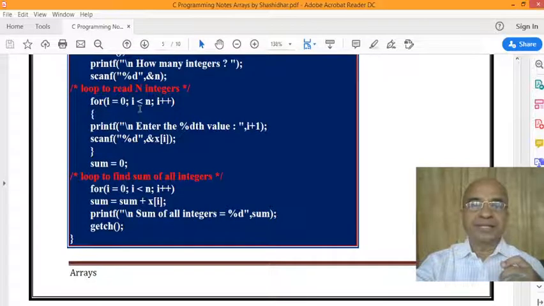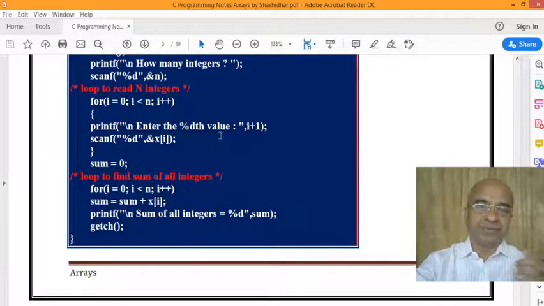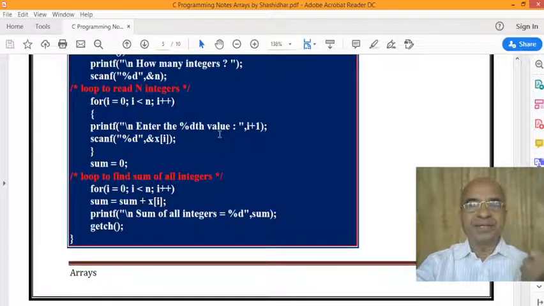Printf "Enter %dth value": enter the first value, enter the second value, enter the third value, enter the fourth value, enter the fifth value, like that. Here it is i + 1 because the i value starts from 0.